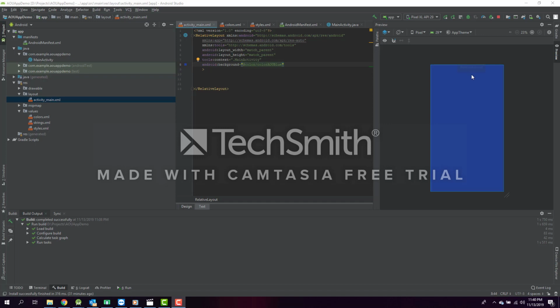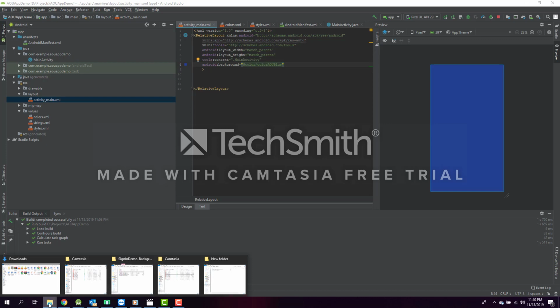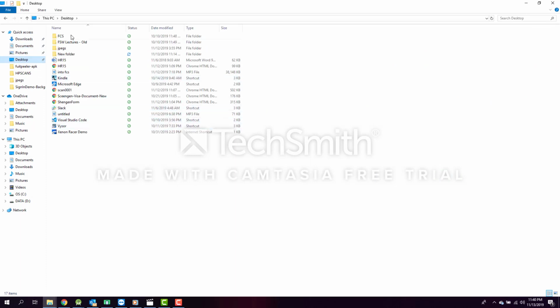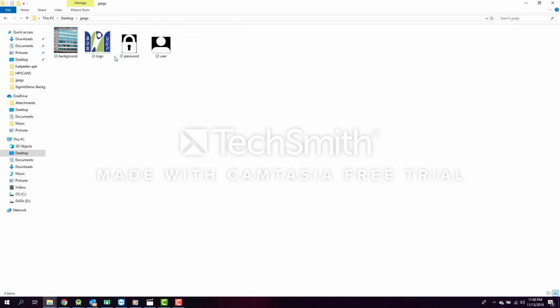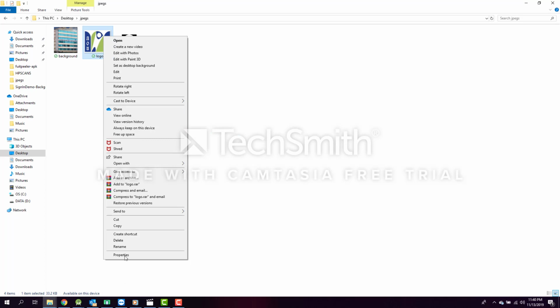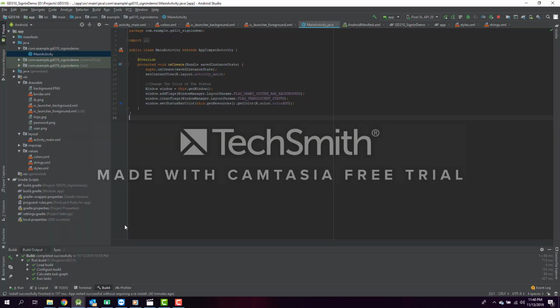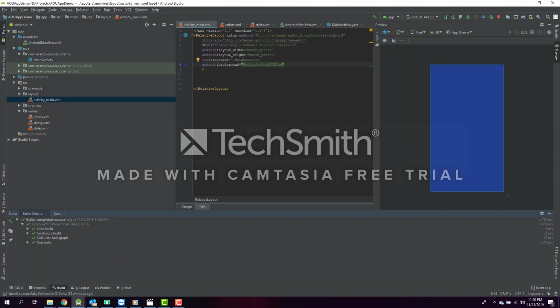Now the logo is a JPEG file. So we have to get this file and put it in our project. So I have this file on my file system on desktop. Let's go to desktop and get the logo file. So I will get this file, and in order to use a file in Android Studio, we have to add